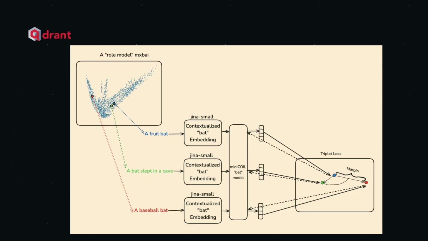If you're not familiar with triplet loss, it's basically this idea that you can train models by comparing positive samples with negative samples, and then you can also have a function that's going to look at the gap between the positive and negative. And then you also have a margin value that's going to keep the samples far